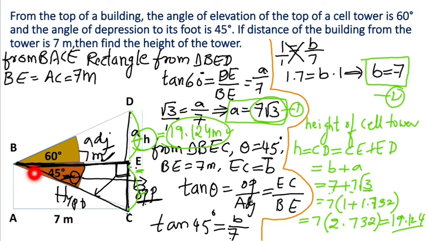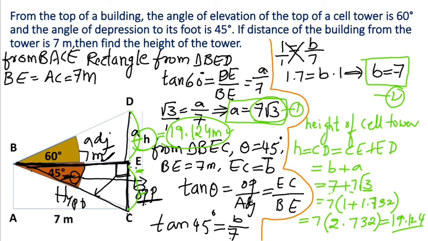And after that, consider the another triangle BEC. Here also theta is here. So, EC becomes opposite side and BE becomes adjacent side, because BE value is 7 meters. So, adjacent side we know, opposite side we have to find out. So, here also we have to choose the trigonometric ratio tan. So, tan theta is nothing but opposite by adjacent. So, opposite is nothing but here B and adjacent is nothing but 7 meters.